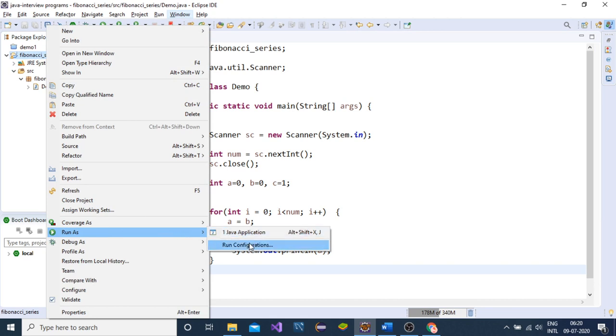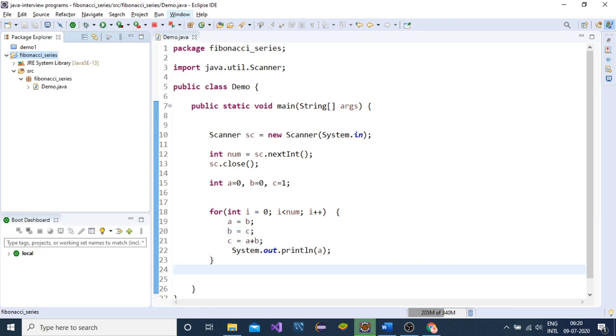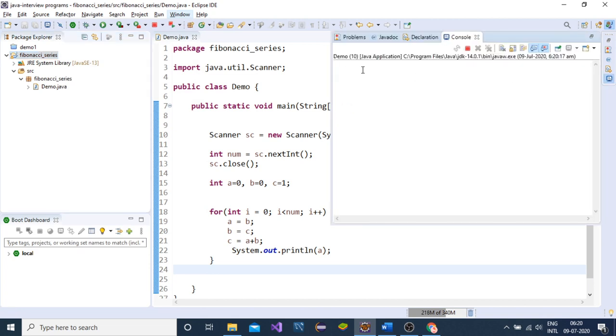Every integer data type has its own range. So I will print till 20. This was due to the range issue. Okay, this is running fine, no issue.